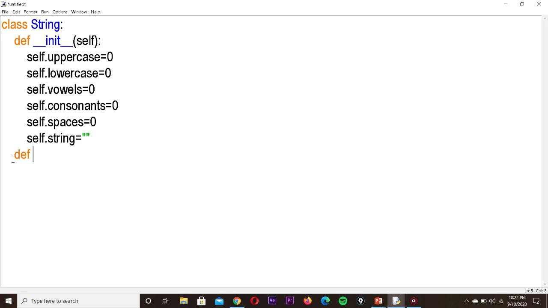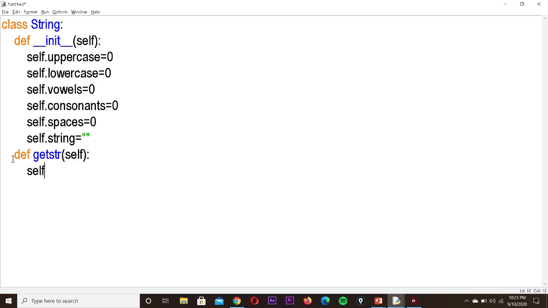The next function is get str. In order to get the input, I am defining one more function, get str, with self. Again, it has only one argument, that is self. That's all, no other extra parameters. Inside that function I am going to get the input.